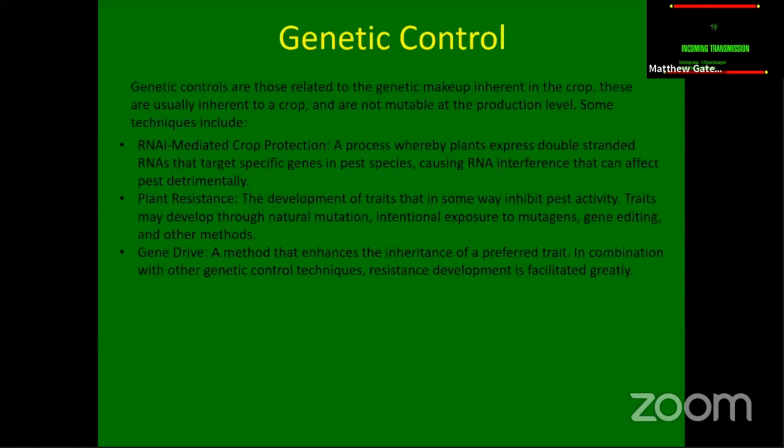So let me continue. Genetic controls. I mentioned some genetic controls earlier, but to give you some specific names, we have RNAi-mediated crop protection, which is RNA interference. Plants actually have RNAi naturally. There are aspects of plant physiological processes that allow them to silence DNA. And that can be very useful when pathogens use similar tactics to override or suppress the plant's immune system. And of course, there are possible avenues for utilizing this from an IPM perspective, but it's kind of a new